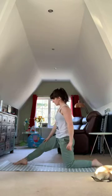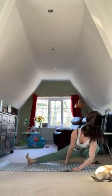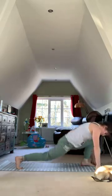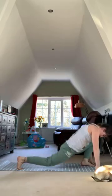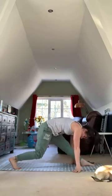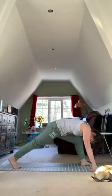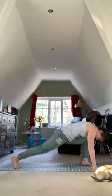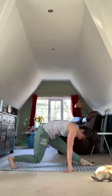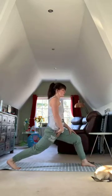Good. And then we're just going to twist through the middle, over to the opposite side, turn, hips down, 2, and back, soften, 2, 3, push forwards, hips down, 2, 3, 4, 5, 6, 7, push back, soften, 1, 2, 3, 4, push forwards, hands on that front knee, shoulders lifted, ribs lifted, tuck the pelvis a little bit, and